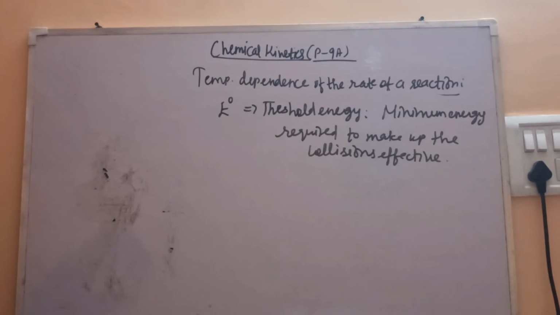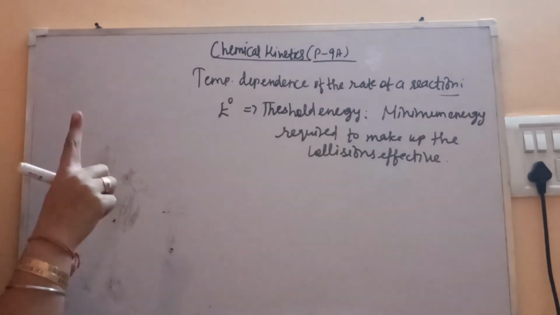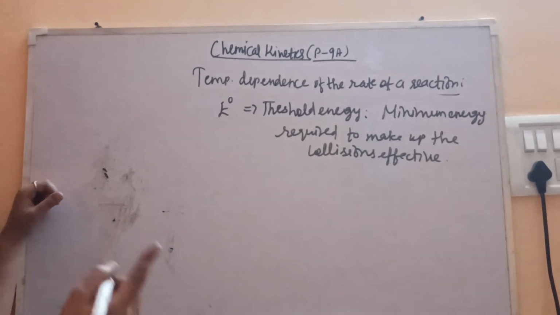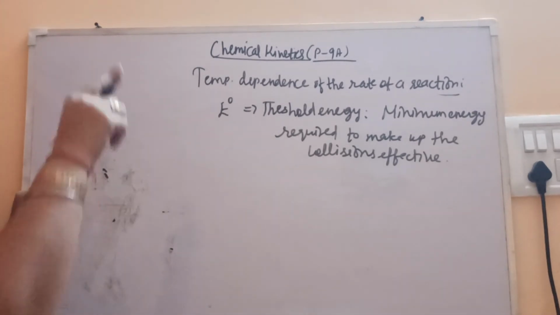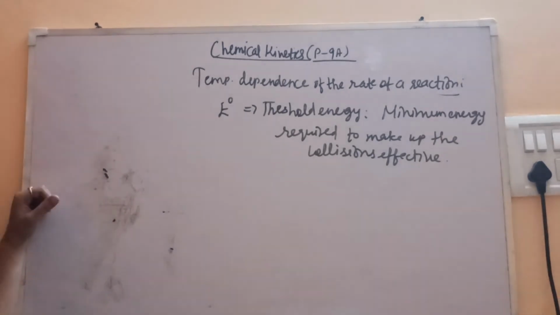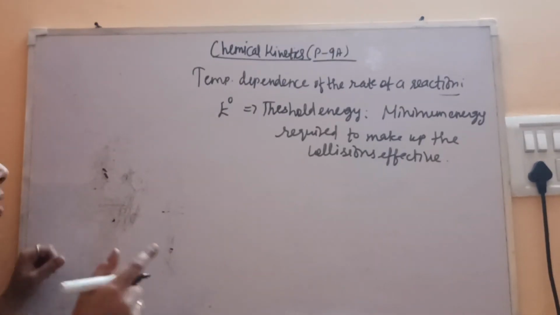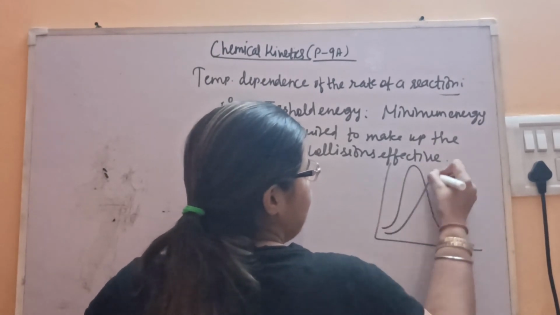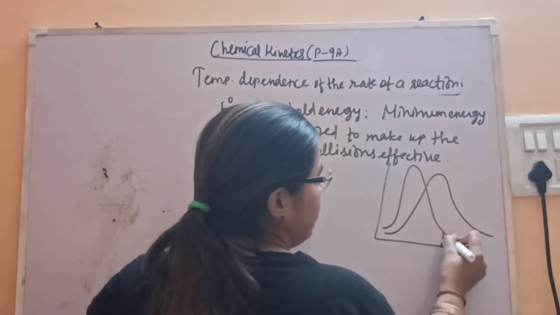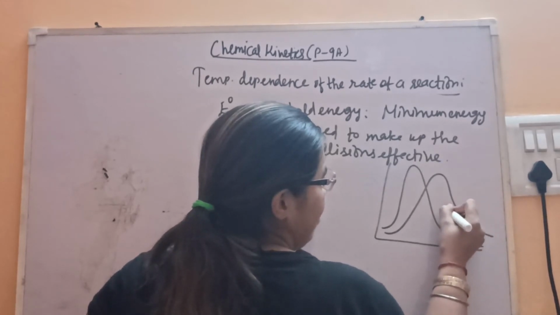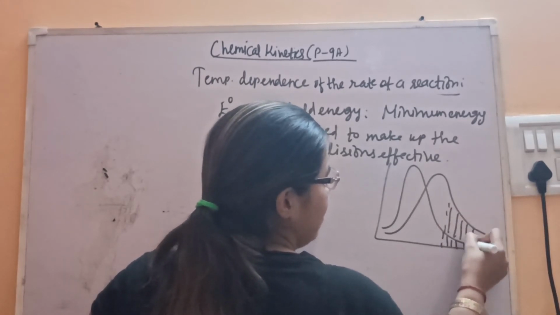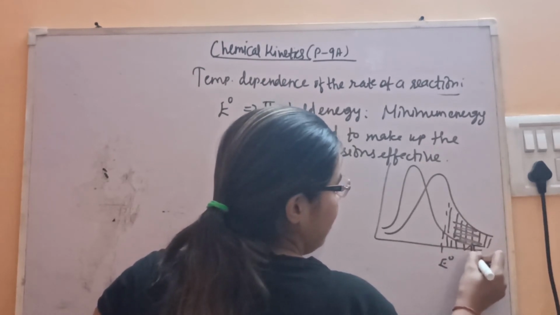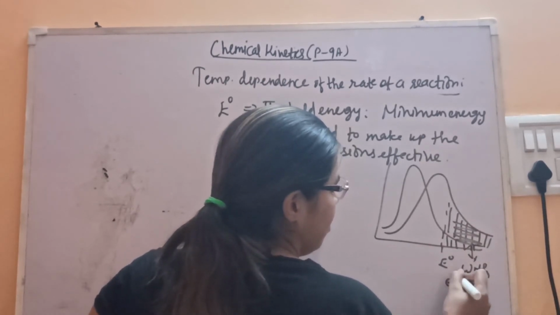Fine. So with the increase in temperature, at T2, the number of molecules with effective collisions has become more. You can see in the graph, it is represented by the shaded portion. This is at T1, then this is at T2. So this is the portion. See, here it is this much only, but when we have increased the temperature, this has increased to this much. So this is the E0, and this fraction with effective collisions has increased.